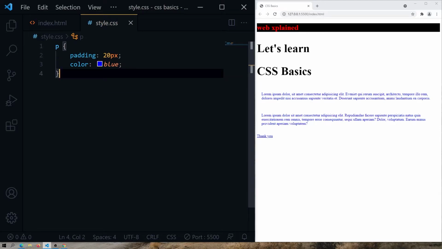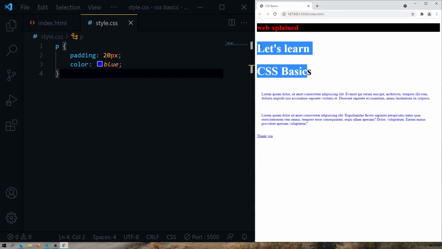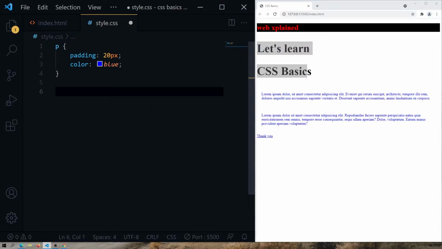So what happens if you try to style the same element in three different ways? For example, I will try to change the font size of our h2 tag in the three different ways I have explained now.